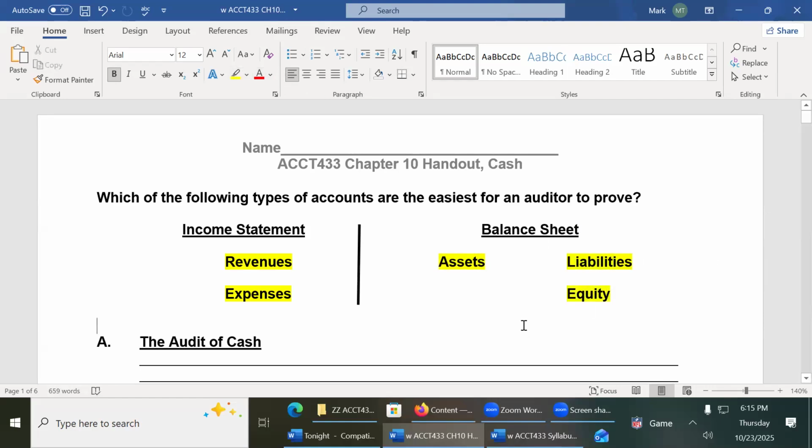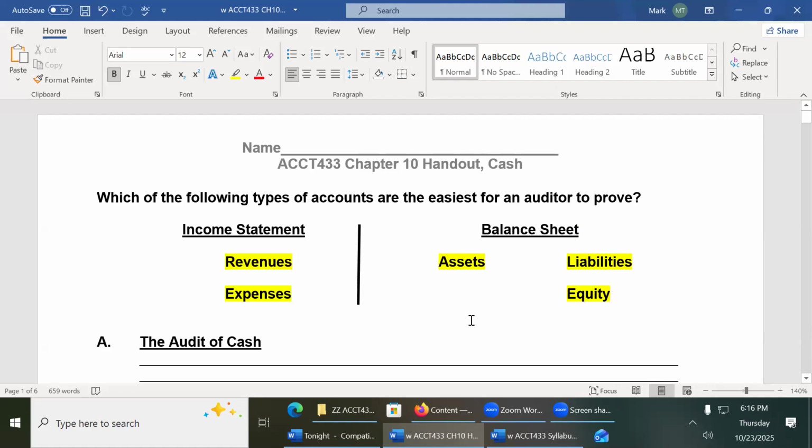There's only 5 accounts in accounting, basically, which is pretty amazing. The craziest things you can think of fit into those 5 categories. Whatever the transactions are, they fit into those 5 categories. Okay, of those 5 categories, revenues, expenses, assets, liabilities, and equity,